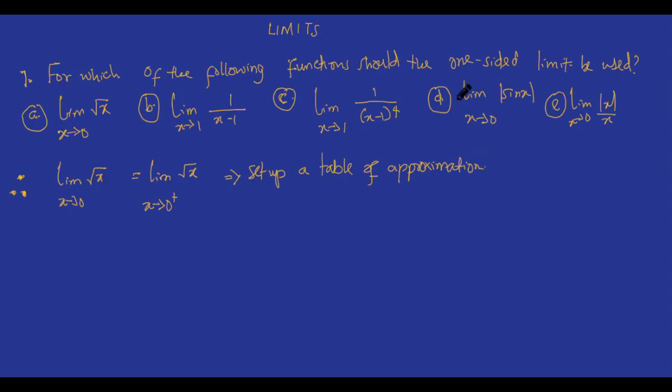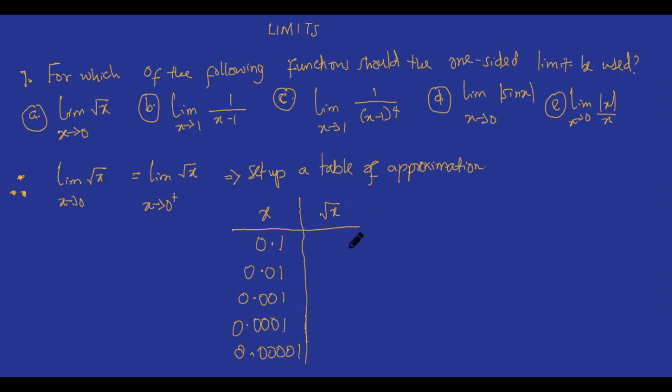So in setting up the table of approximation, we're just going to set up a table that looks like this: x, then square root of x. We are taking values of x that are getting close to 0 progressively from the right. So let's start with 0.1. Let's go 0.01 and see that it's reducing. 0.001, then 0.0001. Let's consider these four values, or we could make it 5,